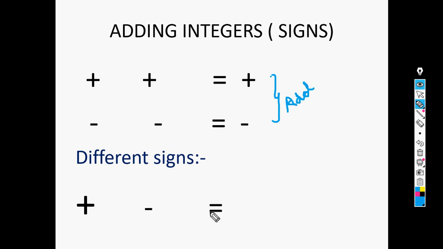And if you have a case where you have a positive and a negative integer, or a negative integer and a positive integer, whatever order, that doesn't matter, and you're adding these two, then you have to subtract the two, and the number which is greater, that sign will come. So if minus is greater, then we will write a minus, and if the positive integer is greater, then we'll put it as plus. So it is not about the value, it is about the number.